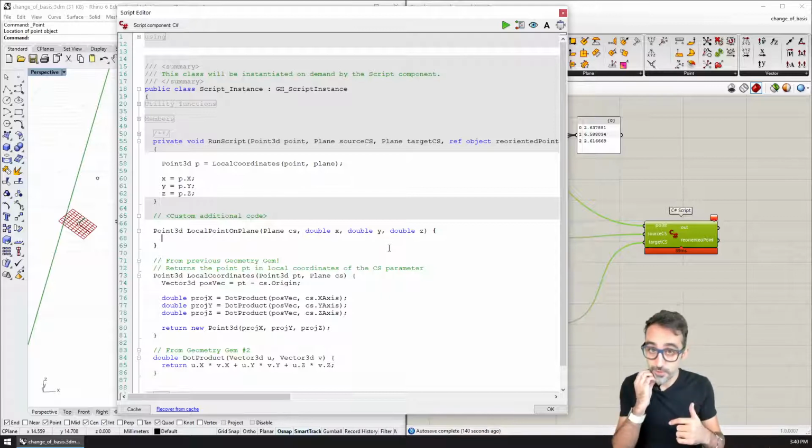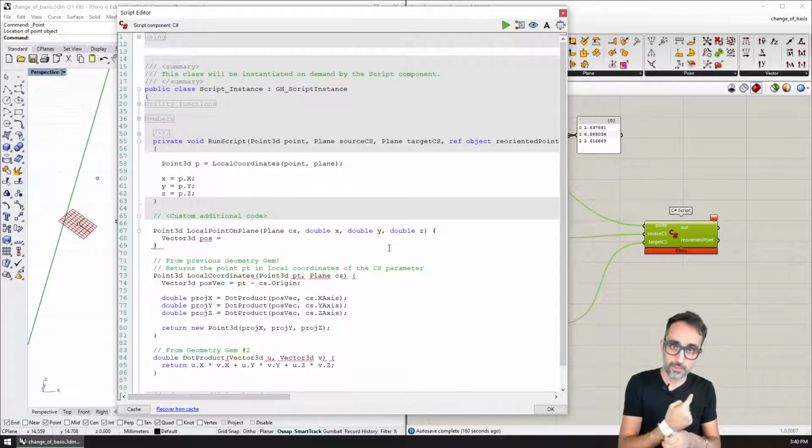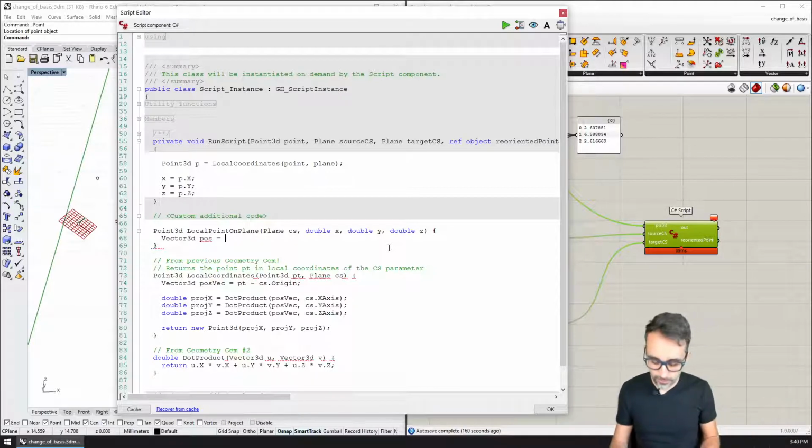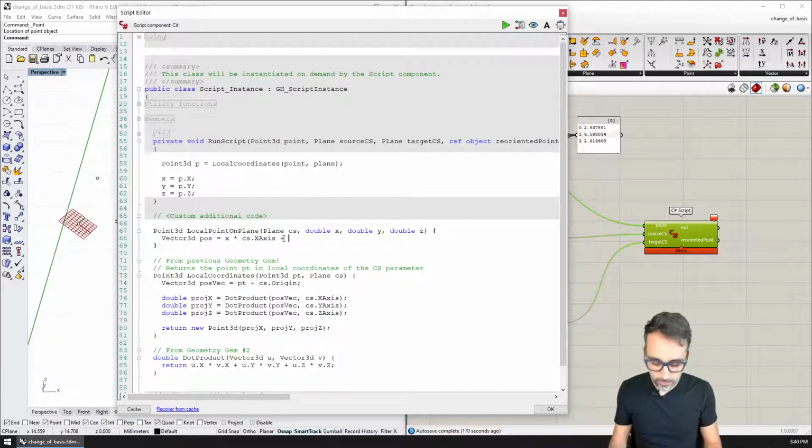As I described before in my drawing, I need to create a Vector3D object that is going to be called the position vector, which is going to be equal to the x direction of the plane scaled by x. So that's going to be x times cs.XAxis, the x-axis vector of the plane that I have, scaled by those x coordinates, plus y times cs.YAxis, plus z times cs.ZAxis.